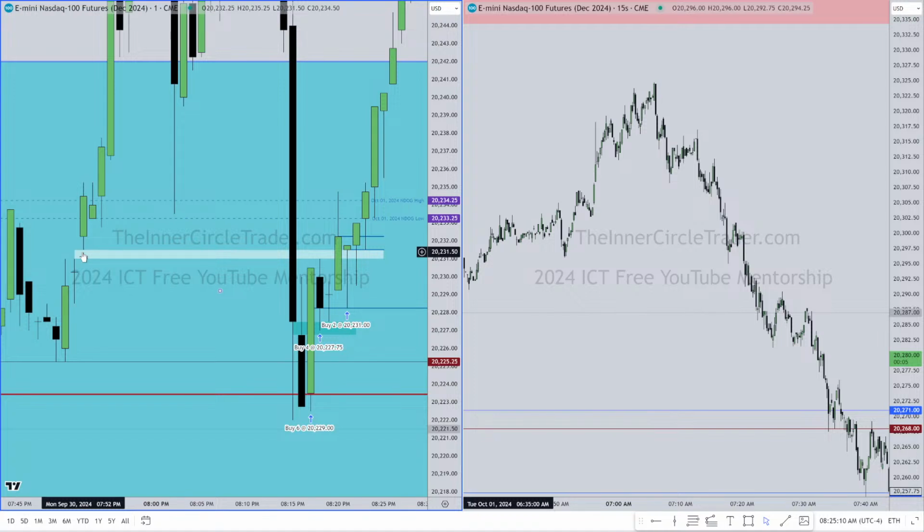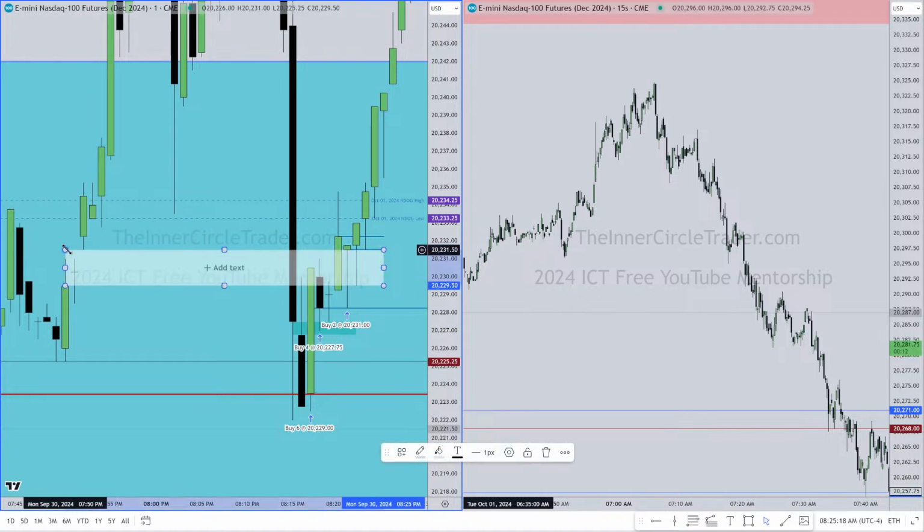The wicks can do the damage. That means it can color outside of that white box. But look closely. Even though we go back to the reference points of the actual volume imbalance here, my eye is watching all these things. I don't need to draw the lines. My eye is keying up on what I just showed you relative to this candlestick here and this candlestick here,